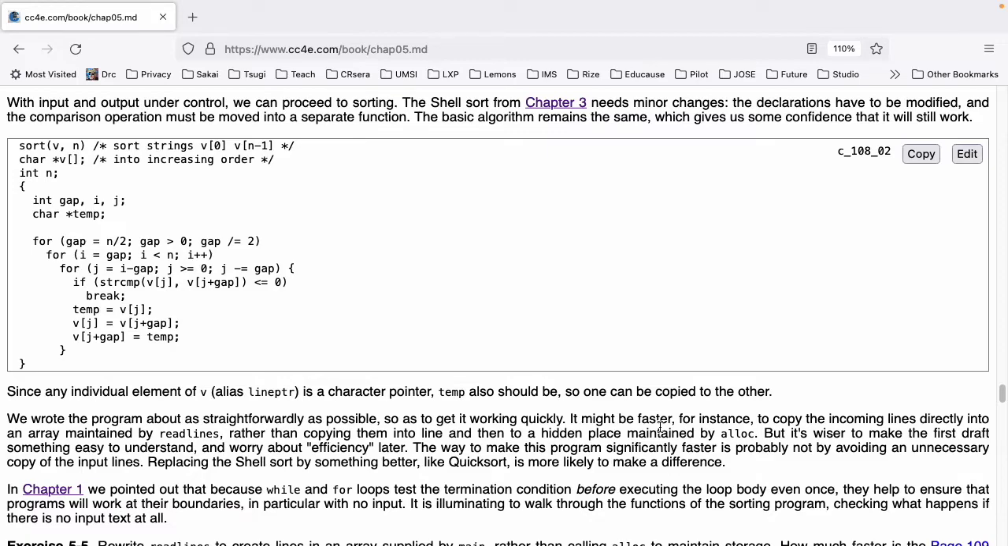So here we go. Open curly brace for the sort function. int gap, i, j; char *temp; And that's a pointer to a character. for (gap = n/2; gap > 0; gap /= 2)